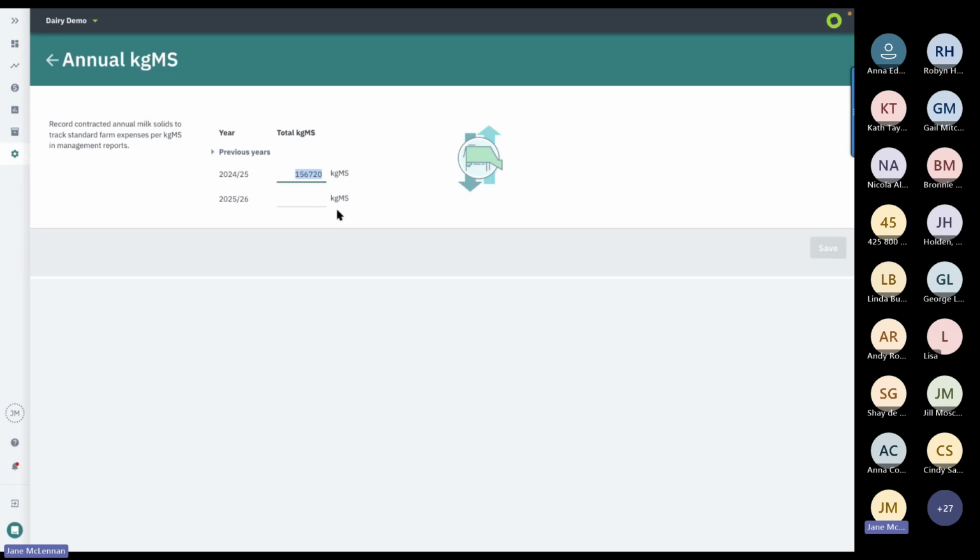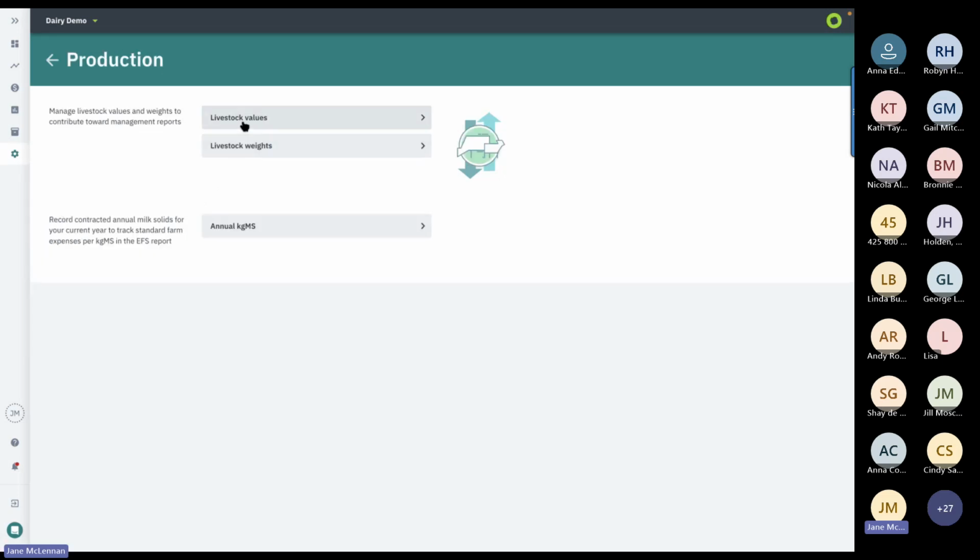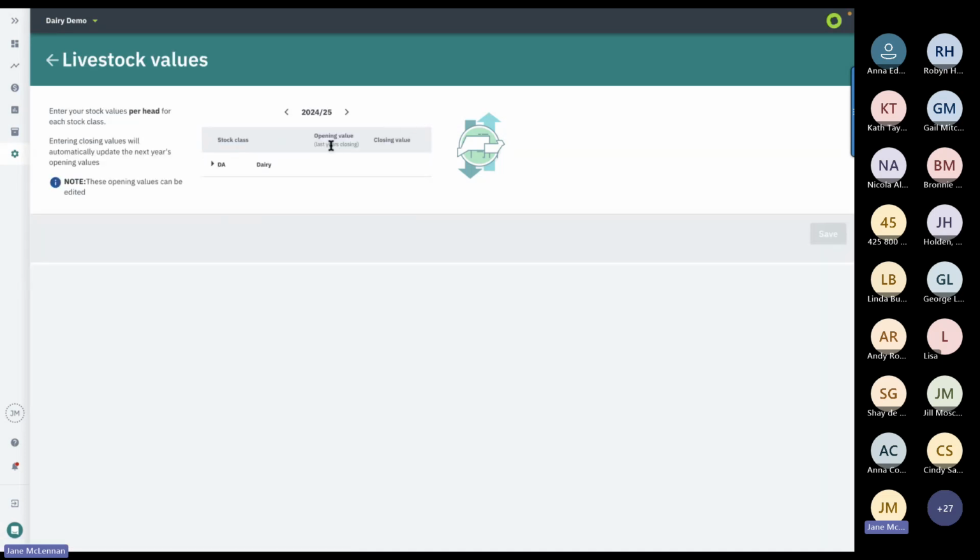is where we pull from to calculate your break-even milk price. So add that in there. And while we're also under Production, please enter your livestock values. As a dairy farmer, you don't need to enter livestock weights, but you should be entering your livestock values here for all your